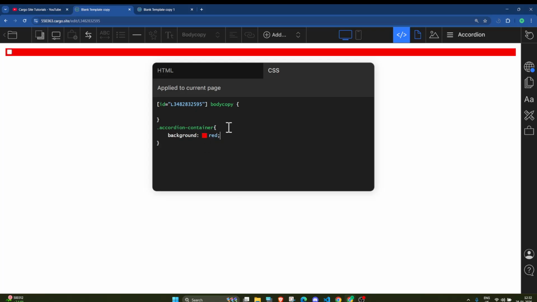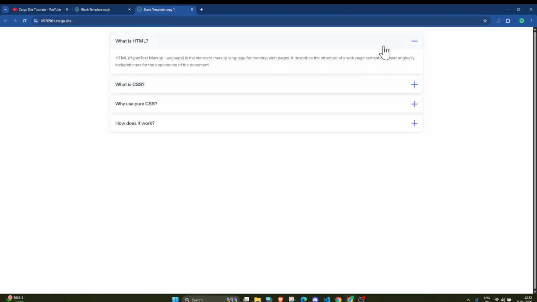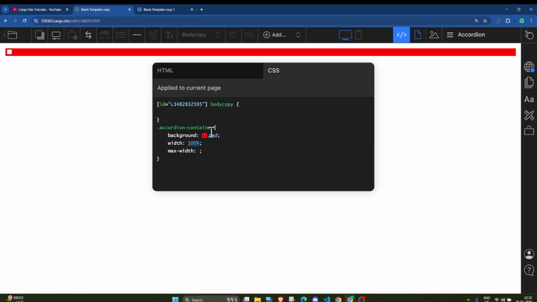Here I can give the width. By default I will give the width 100%, and then I will give the max width, which is the maximum width of this accordion container. Here you can see that this is not 100%; we can give it 70%.